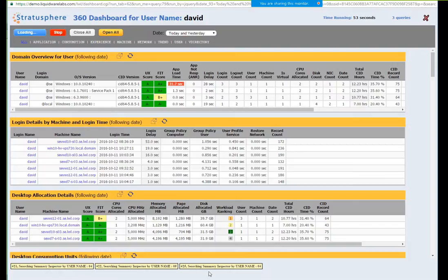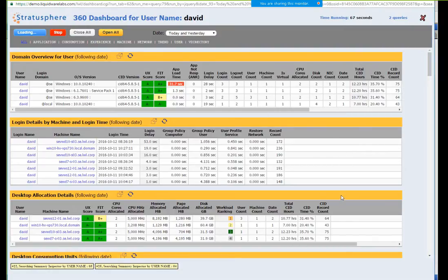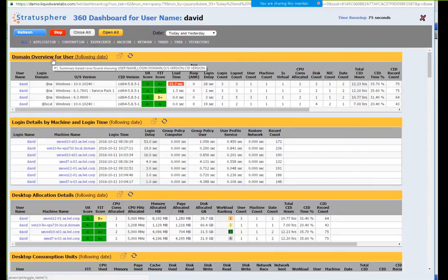As those queries fill in, they'll come up to the screen and it will slightly readjust, so note that that does happen. If the tables get out of alignment, they're supposed to readjust themselves. We'll continue to make that better. If they don't, you can resize the screen slightly and then they may redraw to the proper shape and size. So this layer cake, or this 360, starts off with domain overview for username David, because that